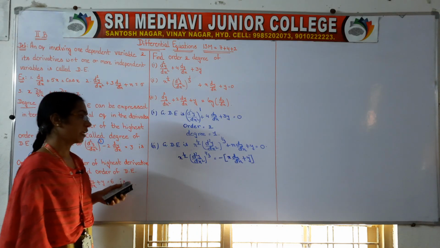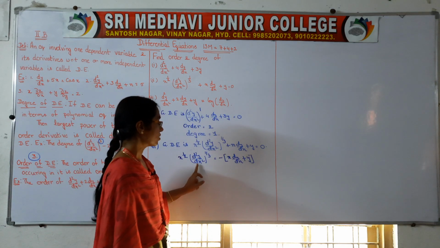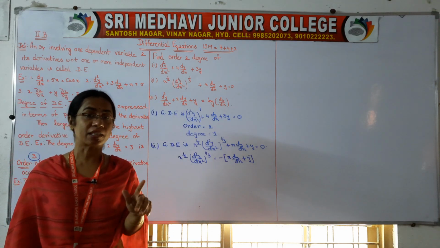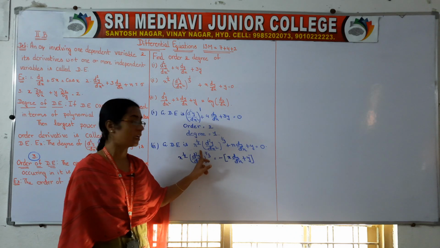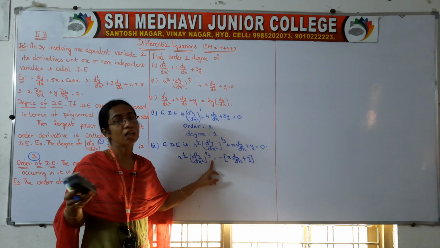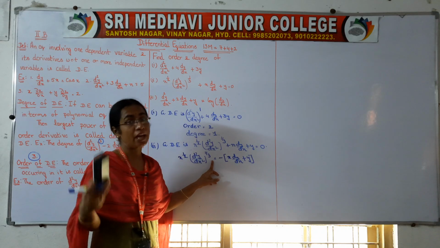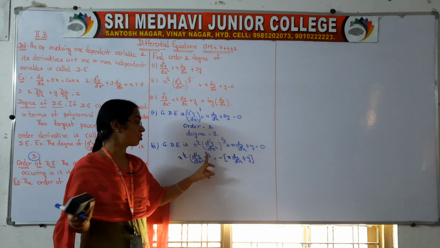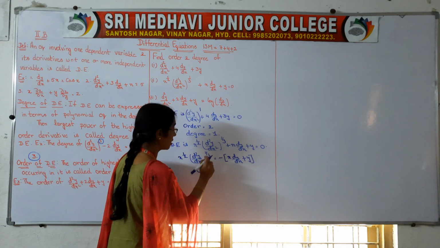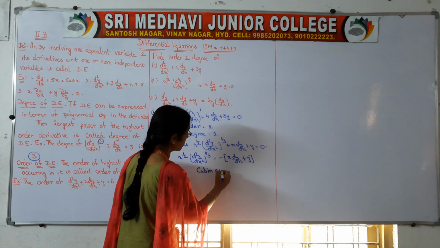Now, if you observe carefully, what happens to this value? Here, d square y by dx square has the power 1 by 3. It can have the power 3, but it should not have the power 1 by 3, 1 by 2, 6 by 5. All these are radicals. We should not have radicals in polynomial equations. We can have 3, we can have 5, we can have 6. So that's why we cube both sides. Then this 1 by 3 will cancel.